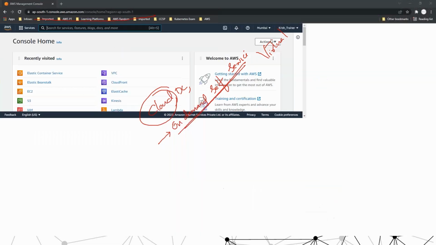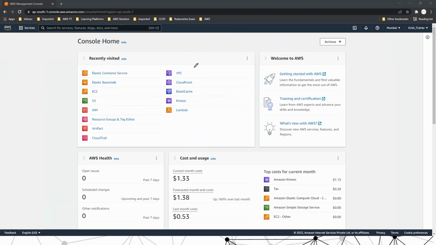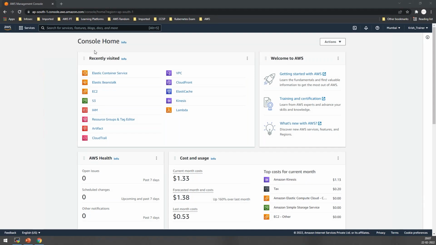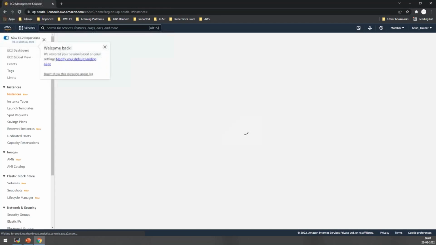Okay, I'm going to my AWS cloud platform. It can be anything, any cloud, AWS or any cloud platform. So when I go to the cloud platform, let's say I open a service and I want to deploy a server in it. In AWS we call it an instance, but I want to deploy a server.